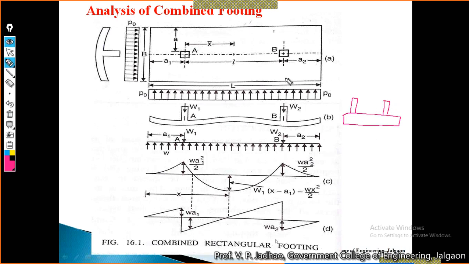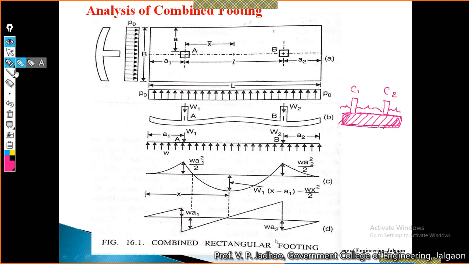Okay, if we invert this, what will happen? This will become a beam, and this portion will become a beam. This beam is resting on this column C1 and this column C2. This portion will be a cantilever portion, and this portion will again be a cantilever portion, whereas the portion between column C1 and C2 is supported on column C1 and C2. So this will be a cantilever portion on this side, again a cantilever portion on this side, and the in-between portion will be supported on columns C1 and C2.